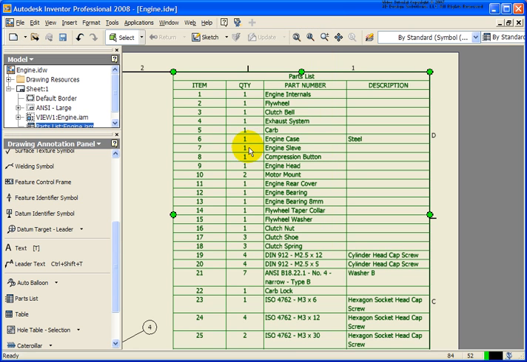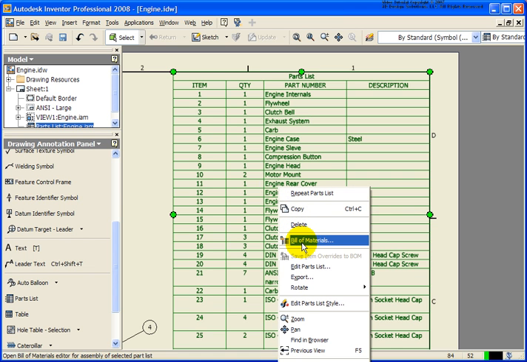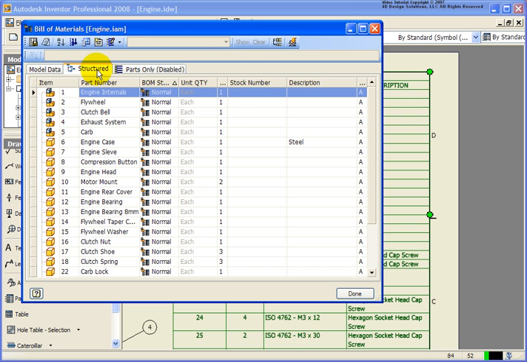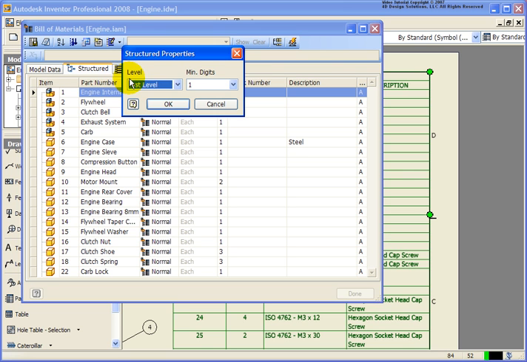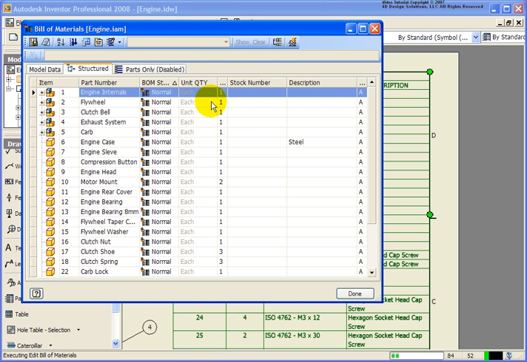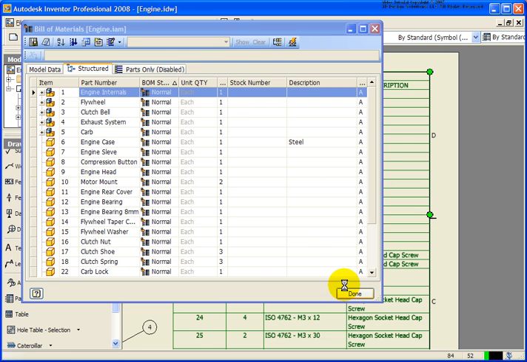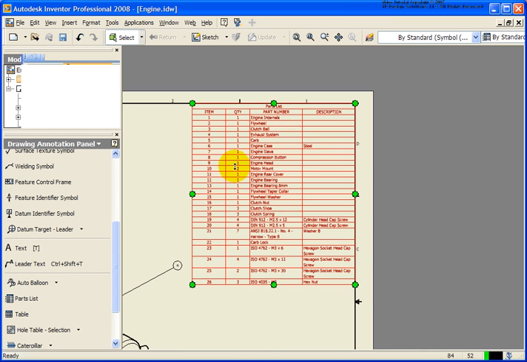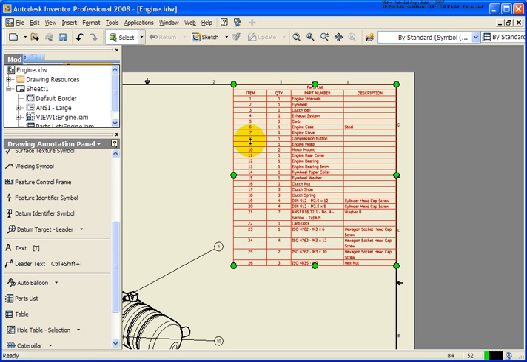Now, last thing I want to talk about here is I want to designate and show all of my subassemblies, or an indented bill of materials. So again, I'm going to go back to the bill of material option. From the structure tab, I have view options. From here, I want to click on View Properties. Right now, I'm only showing the first level. If I change that to all levels, click Done. Again, we'll see nothing at this point has happened in the parts list. If I double click on the parts list,